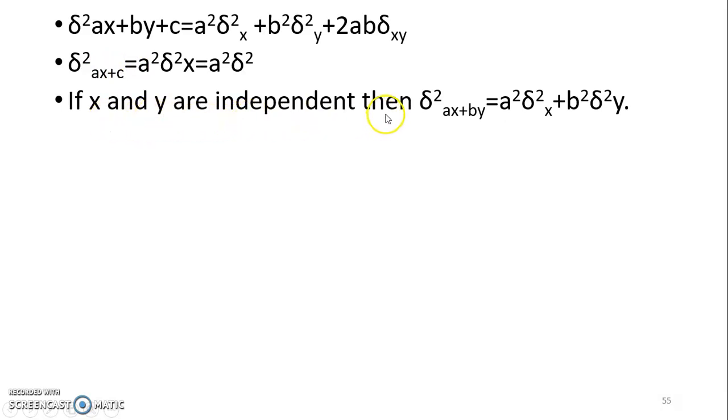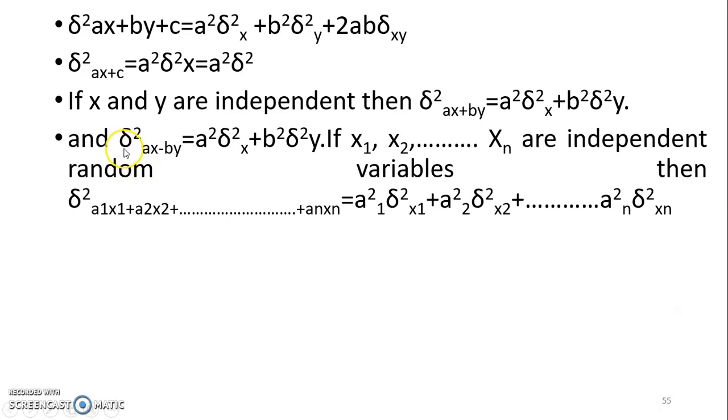If X and Y are independent, then the variance of aX plus bY is equal to a squared variance of X plus b squared variance of Y. And the variance of a difference of combinations is equal to the sum of the individual components, which is equal to a squared variance of X plus, so remember this minus sign changes to a plus, b squared variance of Y. If X1, X2, and X3 are independent variables, then the linear combination